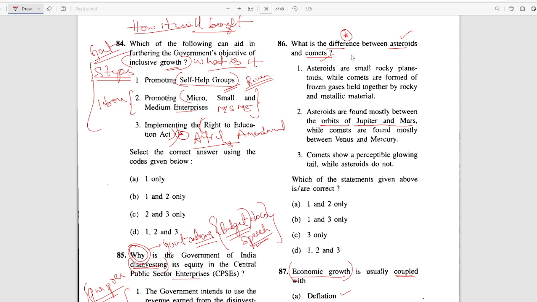86th question is again about the difference between asteroids and comets. You have to learn about the difference between these two objects that are there in our solar system and also in our galaxy: comets, asteroids, satellites. You have to go through at least the solar system, the order of the planets, and they are saying that asteroids are found mostly between the orbits of Jupiter and Mars. So your job is to find out whether there is anything special between any two planets,